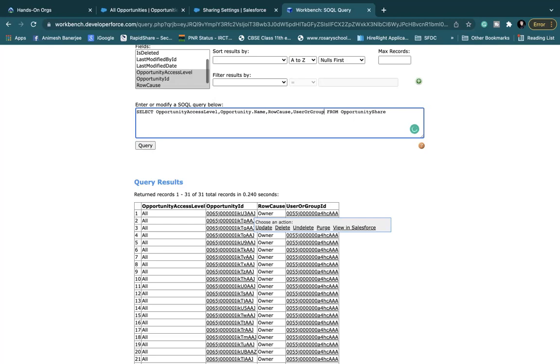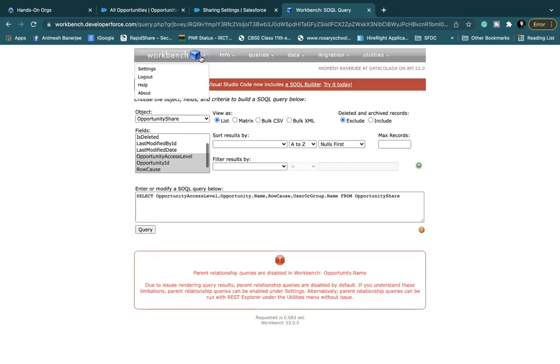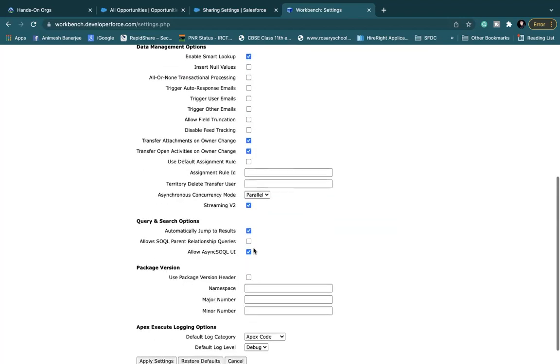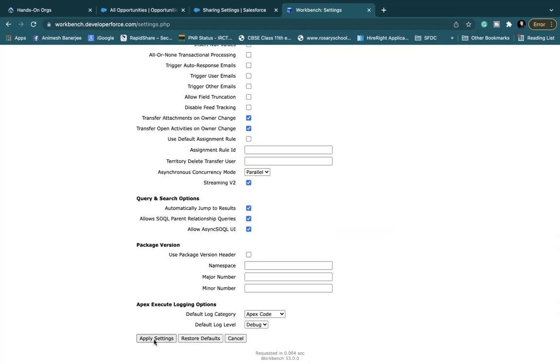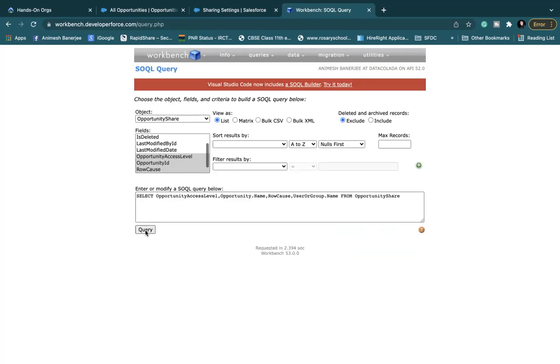User group, I will remove it and put name. When I do that, I have to select allow relationships and then go back to query.